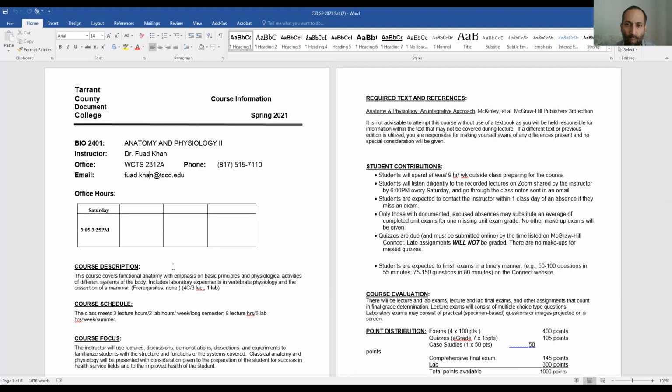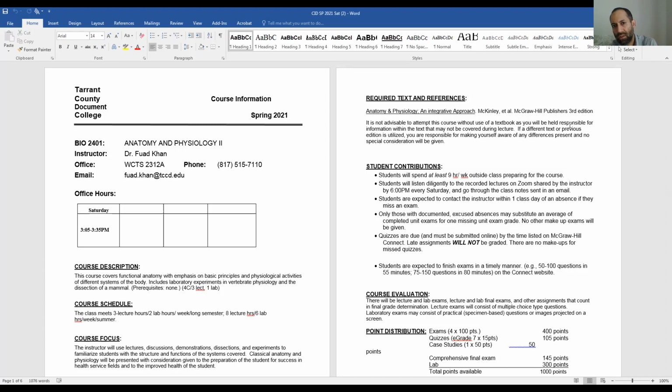Okay, the text that we will be using over the course of the semester. Here's the textbook, Anatomy and Physiology, an Integrative Approach by McKinley, 3rd edition. Now, it's recommended that you have this book, okay? Not mandatory, but it definitely helps to have the actual text with you, so you can always go back and refer for any information, pointers that you might need at any point. However,